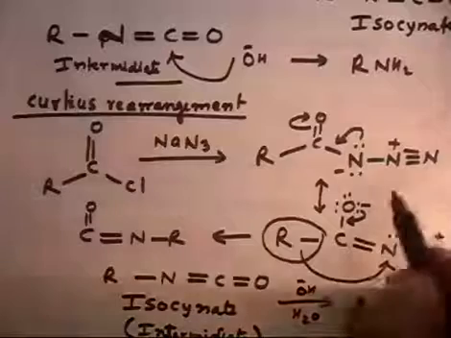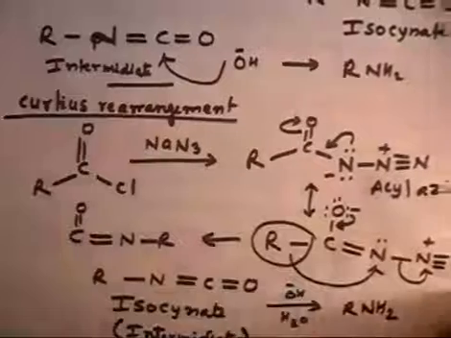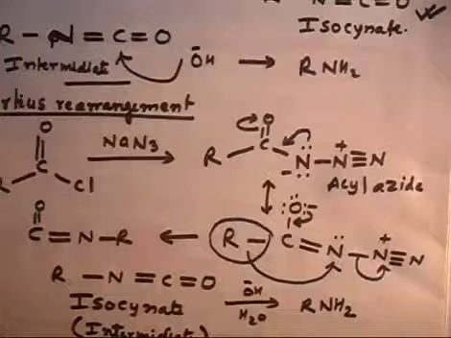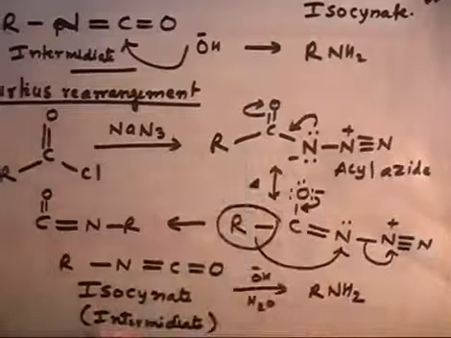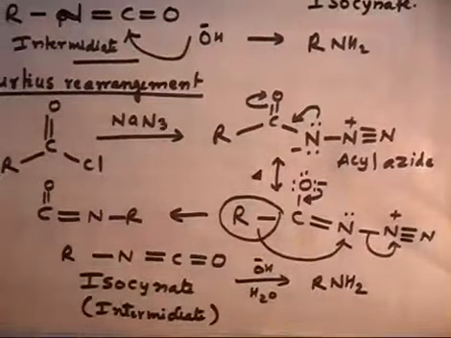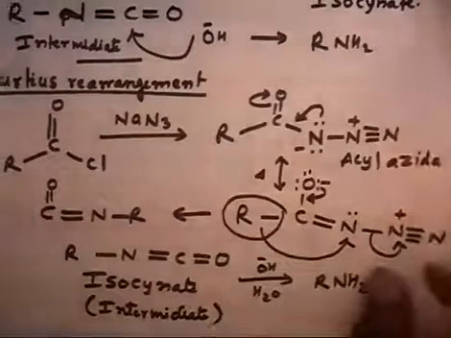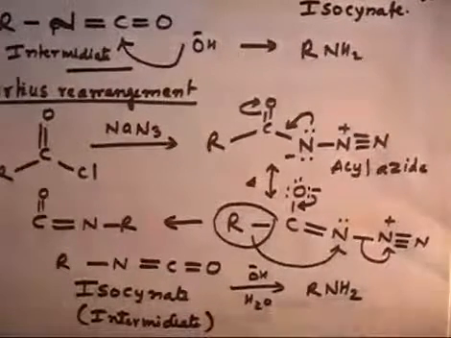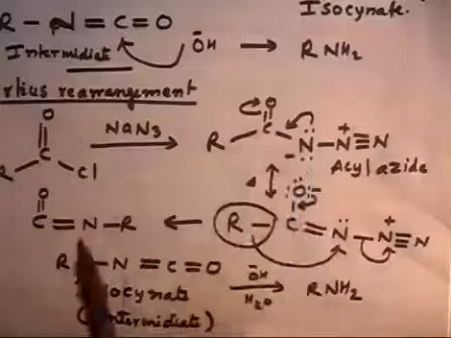So this is an acyl azide. You get an acyl azide which undergoes Curtius rearrangement when heated. So you require heating. In this case, if the acyl azide is heated, you get finally RNH2. Now question part A says the Curtius rearrangement takes place through a much shorter mechanism. You see, in this case the mechanism is very short. You have only one step: N3 attacks, this goes up, then returns, and then you have isocyanate.